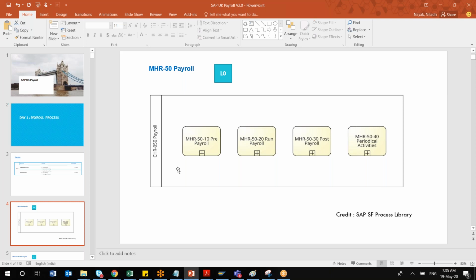Once they are on the live payroll, then comes the posting of the payroll. What do you mean by posting of a payroll? Whenever you are paying something, whether it is UK payroll or any other payroll, generally there is an integration between your HR system and the finance or accounting system. There are two systems because payroll is a part of your SAP HR system, and similarly we have the accounting or finance system. What is common between these two? Cost center. Cost center is actually maintained by the FICO finance system, even your company code.